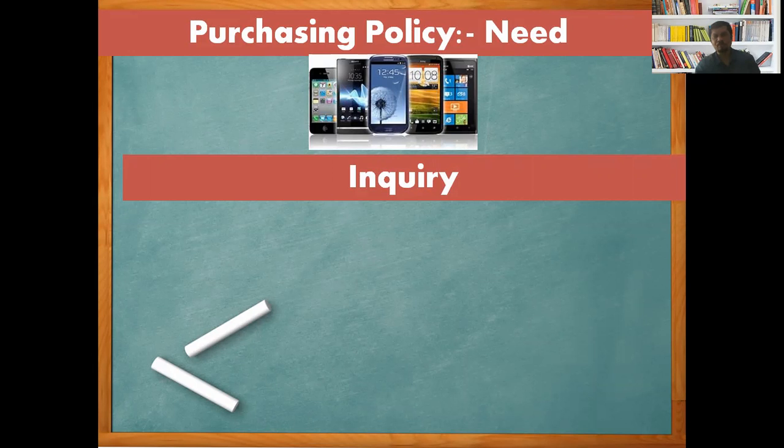There are a lot of platforms available online. You can find a lot of information on online platforms: Google, the internet, Amazon, Flipkart. What options are available online? You are going to see what kinds of mobiles are available in the market as per your budget, and you want 100 mobile phones, then we can make an inquiry.